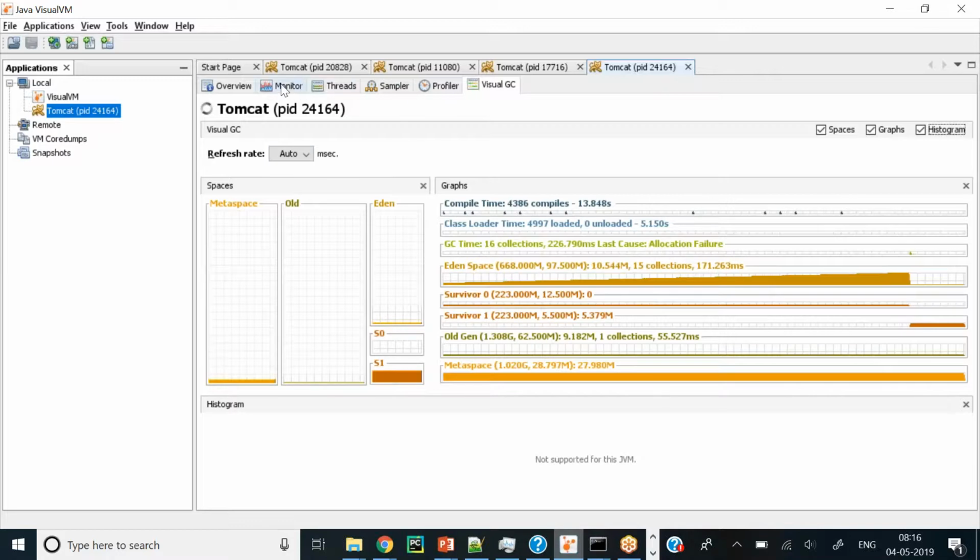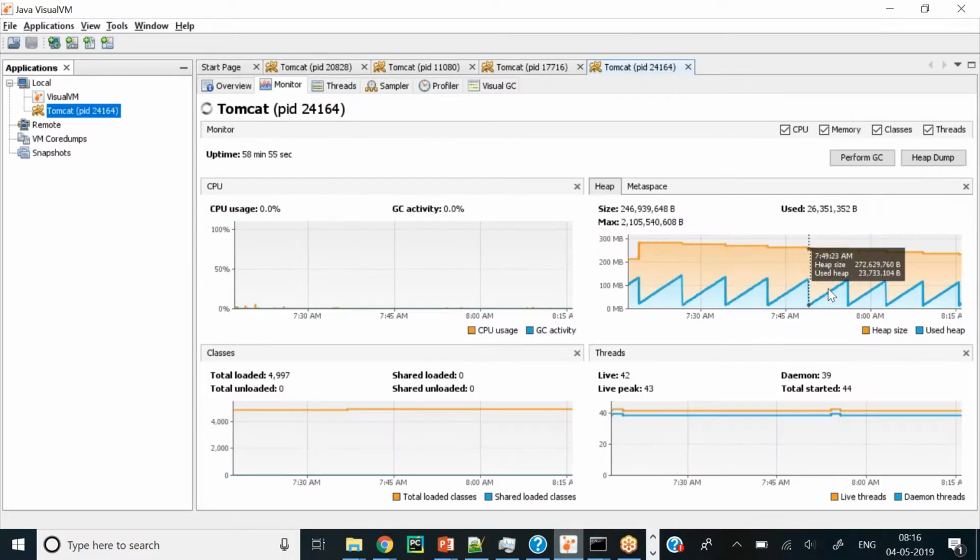In the same way, you can go to the monitoring tab. You can see the memory usage pattern that we talked about in the previous session. You can see this is a uniform pattern. Now the GC is happening at the proper interval, so the object collection by your GC is proper. So there is no specific issue over here, right?